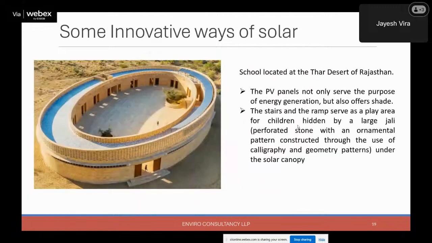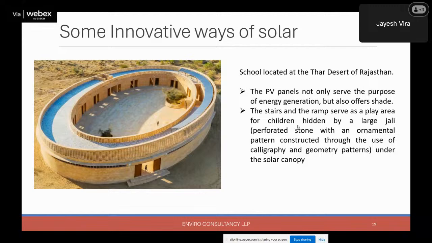One more example of innovative design, I would say, is at a school in the Thar desert of Rajasthan. Here, the solar panels, the elliptical shape, is designed in such a way that most of the open areas are in shade, which being a school is quite necessary for children to have recreational activities. Even on the roof, the solar is installed only in the part where the sun and the angles are favorable for maximum generation,